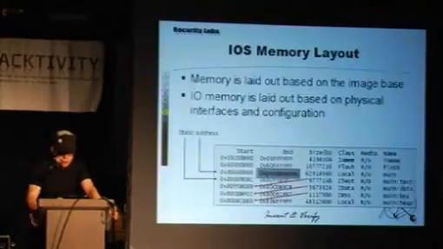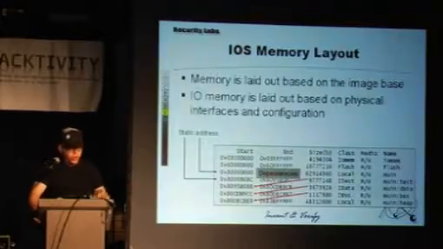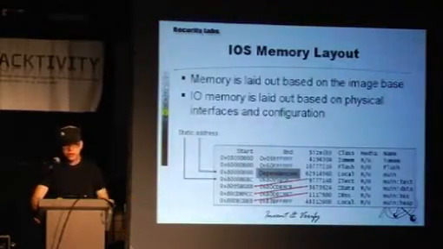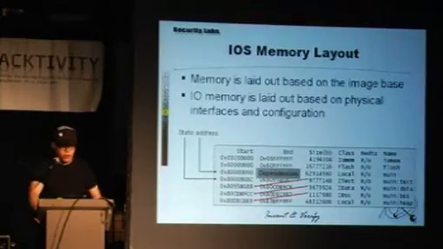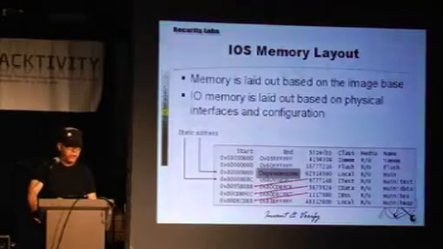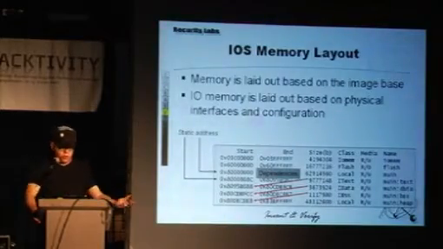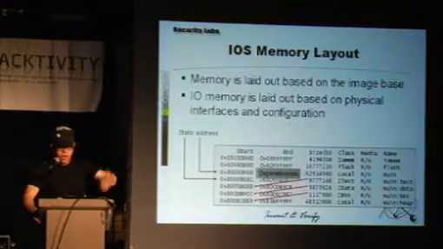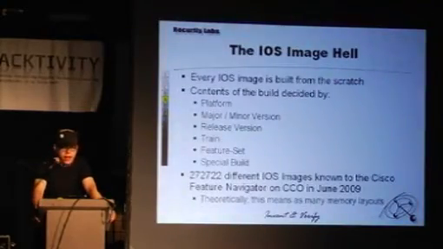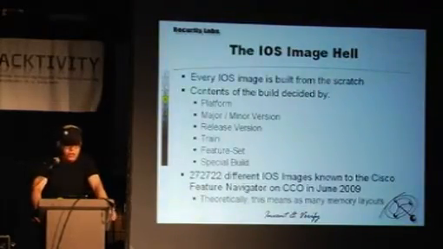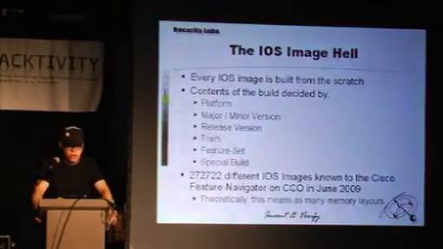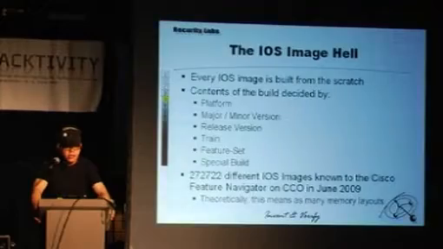Now you could say from that picture here, well, okay, but he is showing actual addresses, so we know the actual addresses. And then I'm saying, well, it depends on the iOS version that you're running on the router, and you say, well, I'm gonna check out all the versions that there are and just make a list of targets, Metasploit style. The problem being, every single iOS image is built from scratch. So every time they change a single byte in the code, someone clicks on build, and then it produces a new ELF binary.